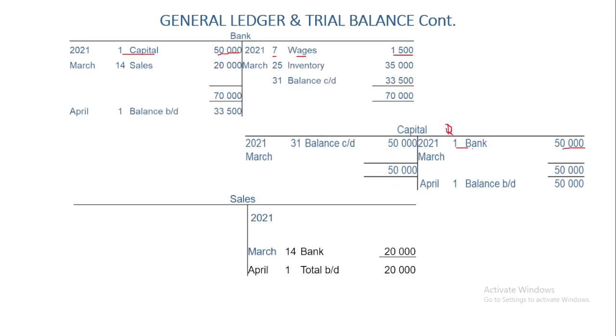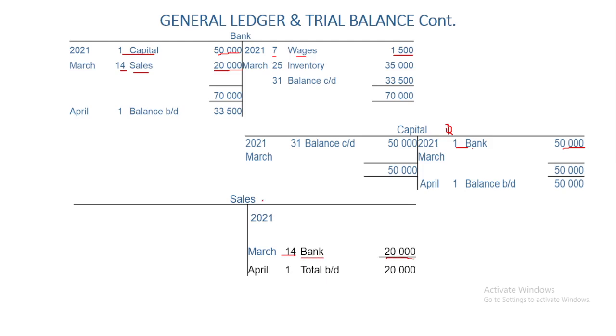And then we're gonna move forward to the second transaction, which is the sales, which happened on the 14th. So we're gonna write on 14th, since the year and month is already there, and say on our bank account we received 20,000, and this amount is from the sales account. And we're gonna go to the sales account and say on 2021 March, on the 14th, we sold goods worth 20,000, and this was sold for cash, which went to our bank